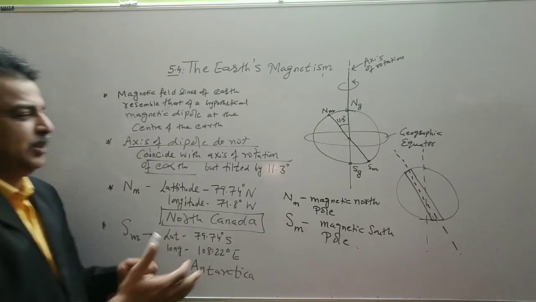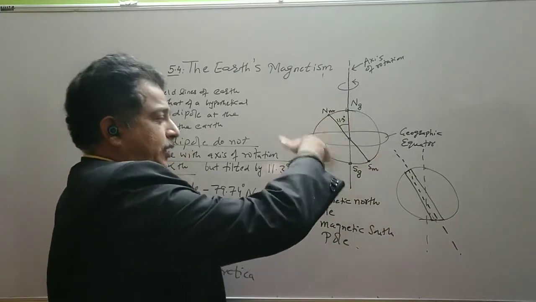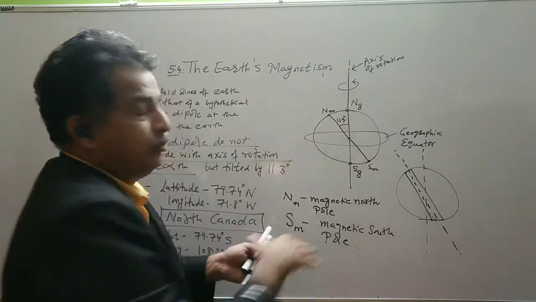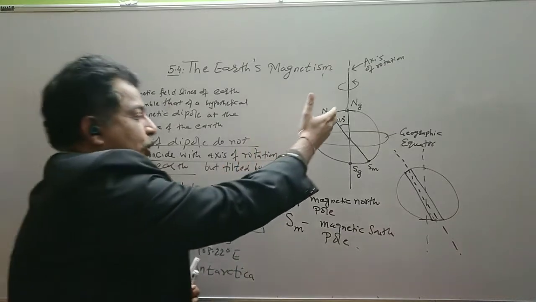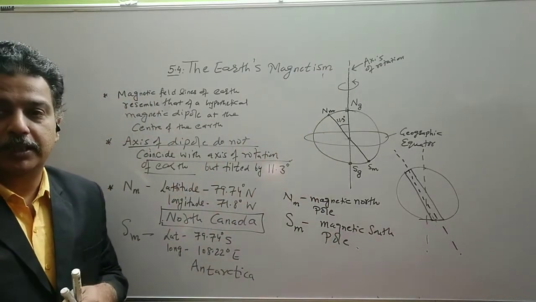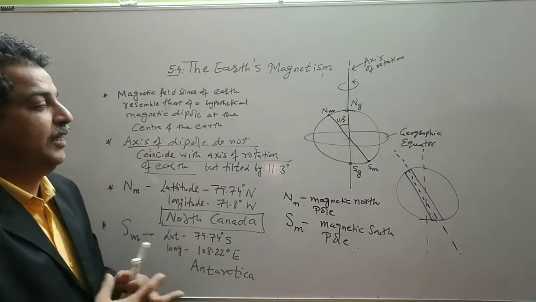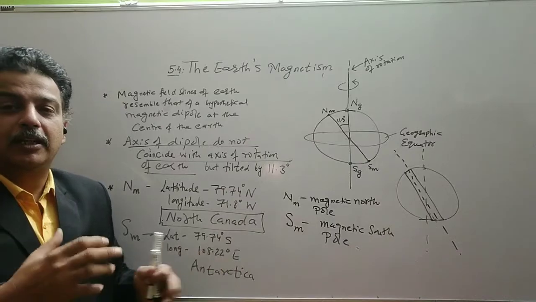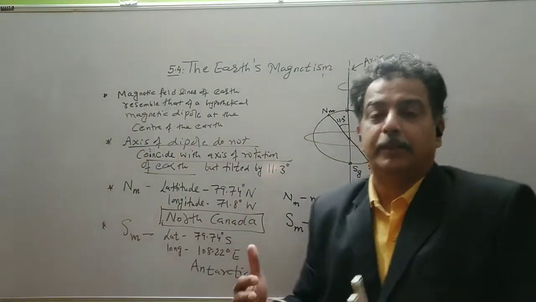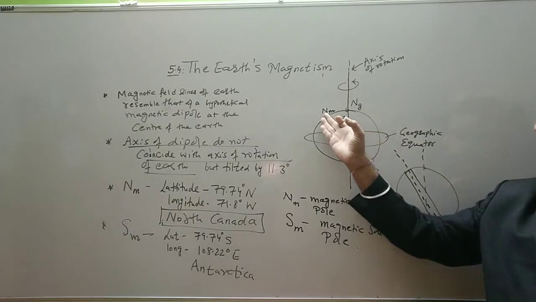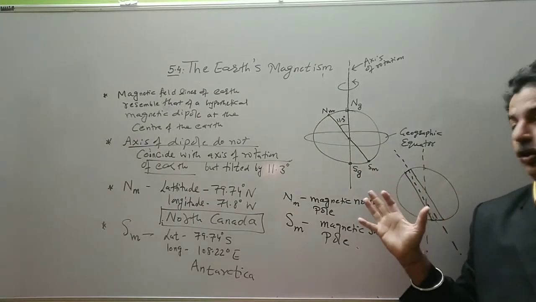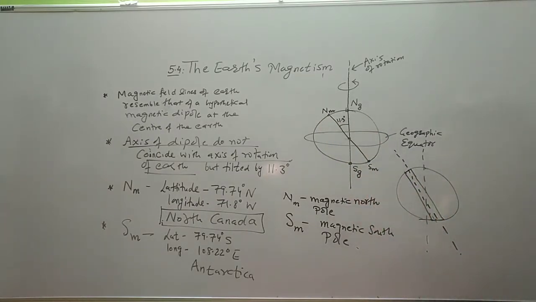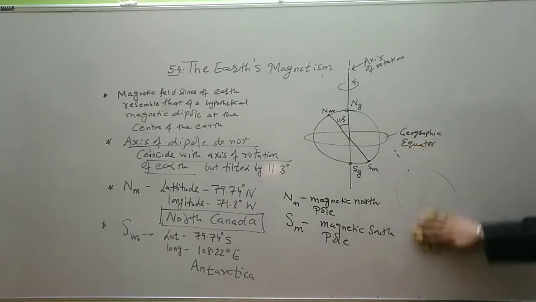It has been assumed that this point keeps on shifting. It is assumed that one day these poles will keep on tilting and one day they will be opposite. Earlier also it was said, many years ago, that this keeps on changing and a time will come where the polarity will change. So this north becomes south, south will become north. It is an assumption.